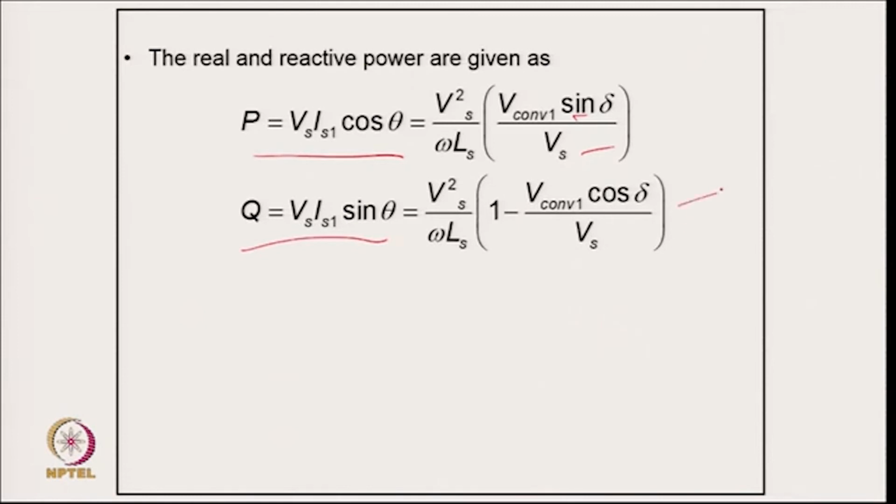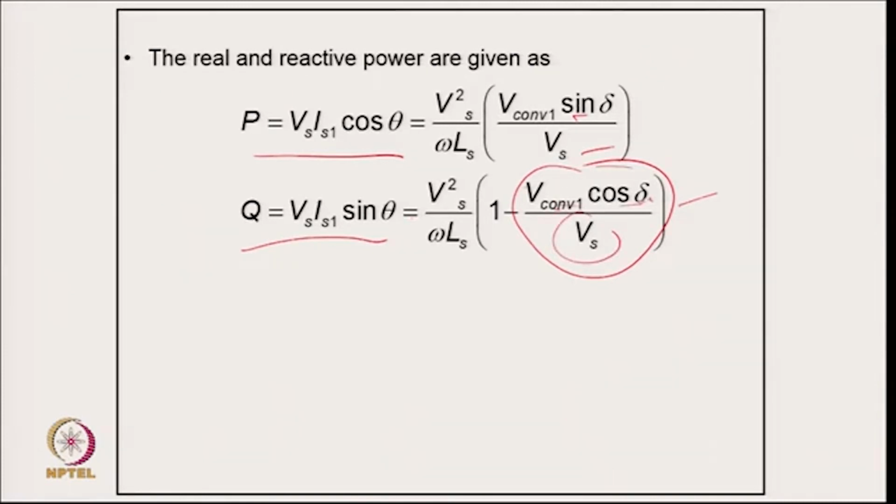But you can understand, for operation with reactive power 0, you should have this value 1, and it is not very difficult because you have seen the converter voltage is slightly higher. So, this V converter cos phi, your converter voltage is higher, so this can be made exactly equal. So, this can be 1 and then you will have reactive power 0, you can operate very well